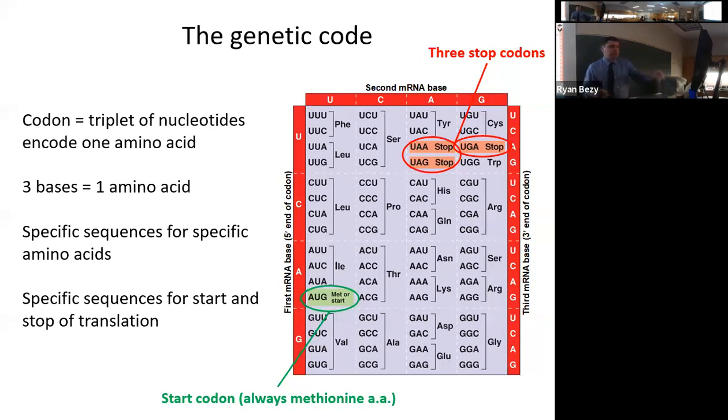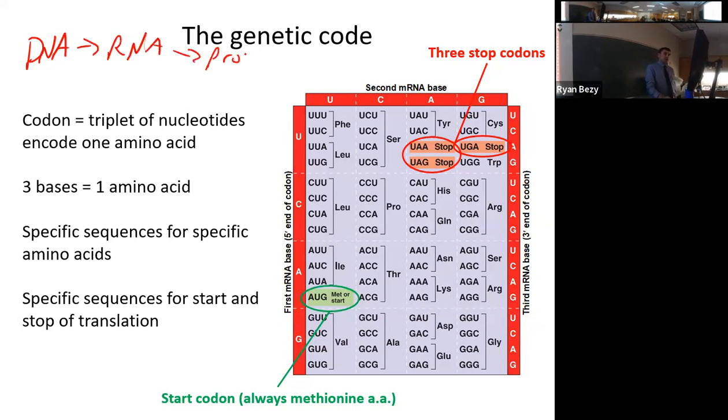All right. Otherwise, today we're going to keep going through lecture. We talked a little bit about transcription last lecture, and started talking about prokaryotic translation, and that's where we're going to pick back up. So last lecture in particular, I left off talking about the genetic code. Remember, the flow of information inside cells is DNA to RNA to protein, or the central dogma of biology as it's sometimes referred to.